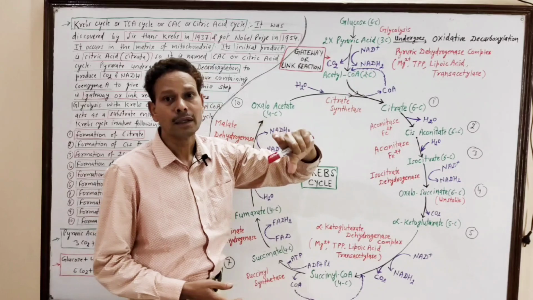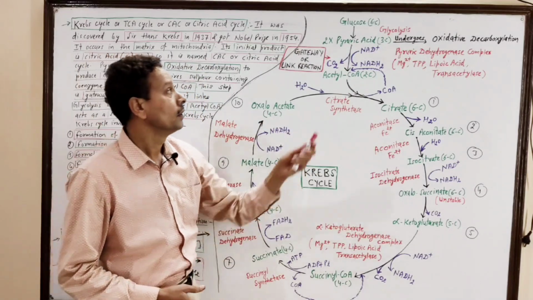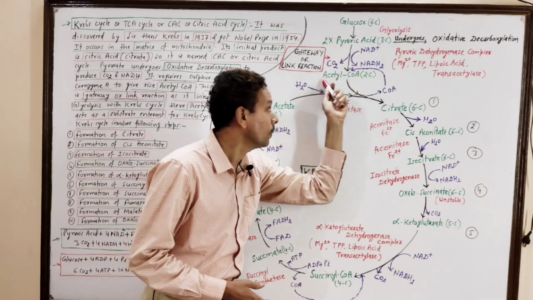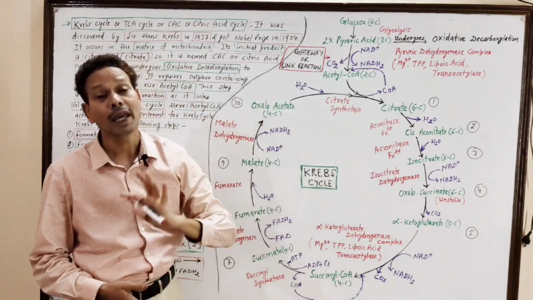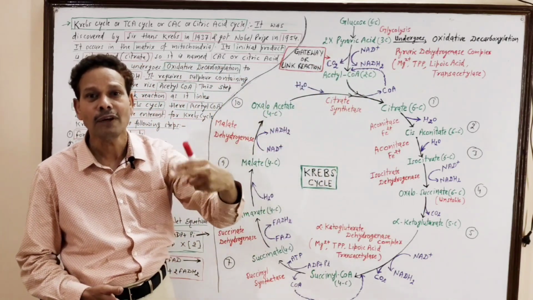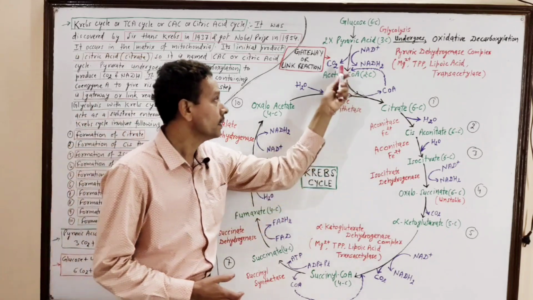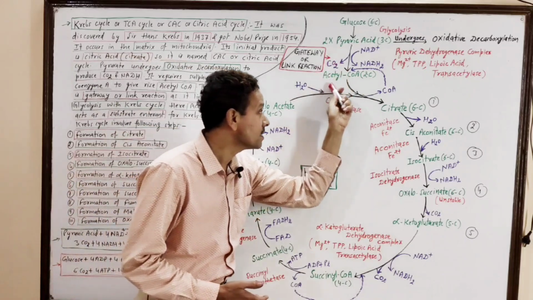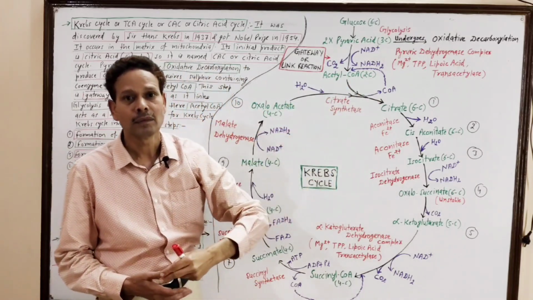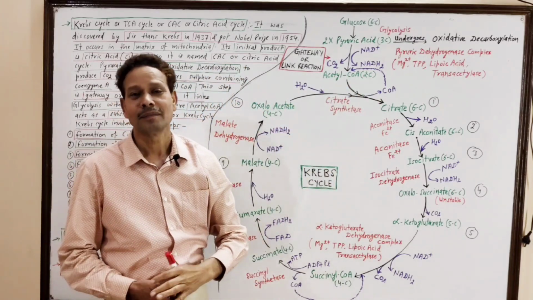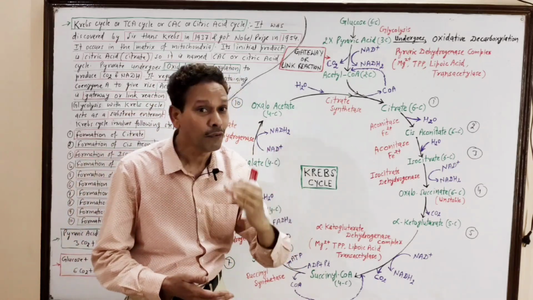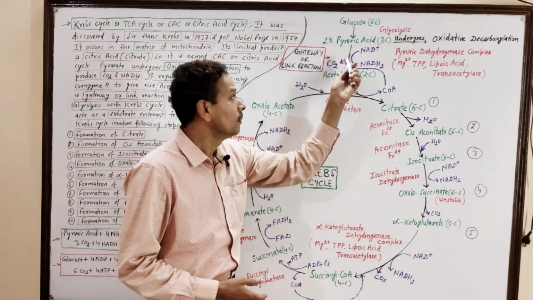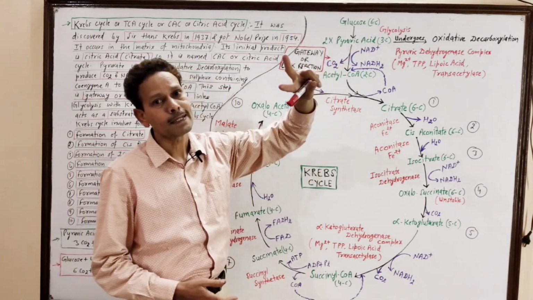In this link reaction, pyruvic acid is converted into acetyl coenzyme A. It is a sulfur containing compound, acetyl coenzyme A, and this acetyl coenzyme A functions as a substrate entrant for Krebs cycle. Note down,